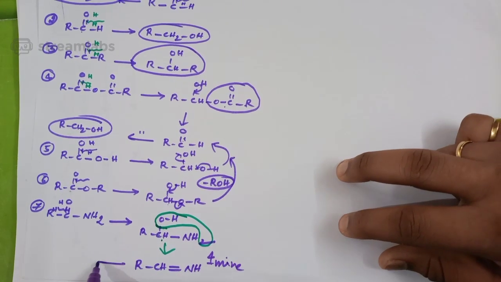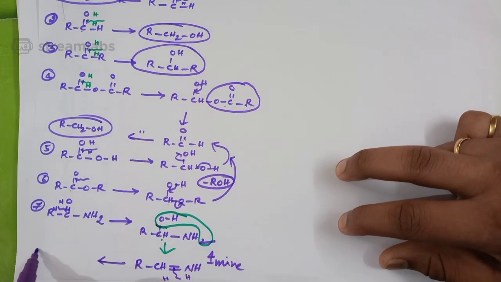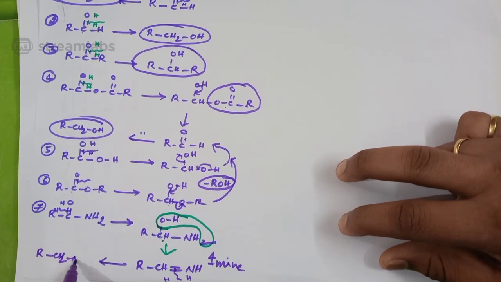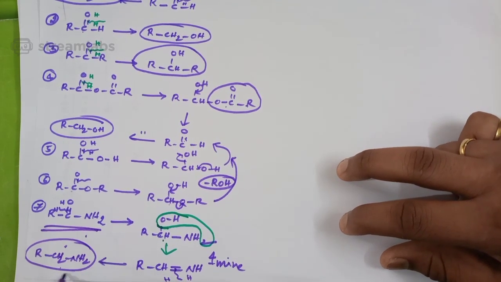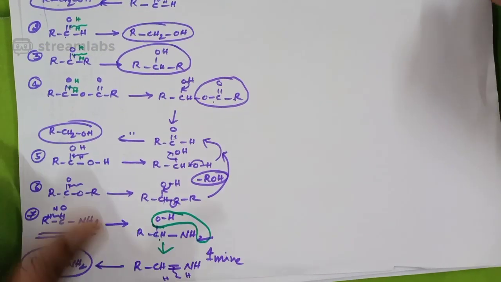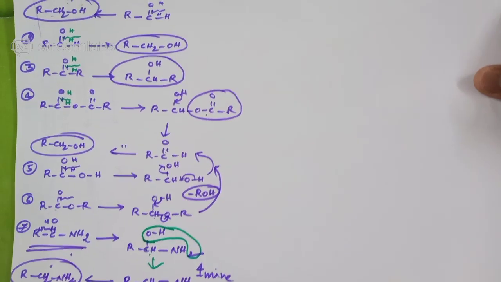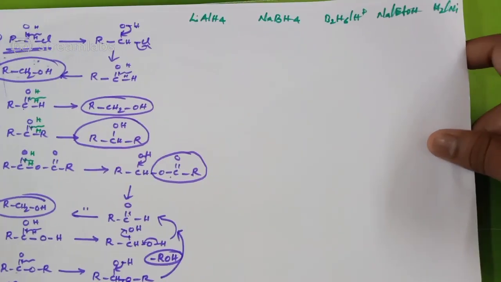This imine involved in reduction, both hydrogens add, and we get RCH2NH2. We will get finally amines here. So amide gives amines. The remaining all carbonyl groups give alcohol. And the next one here, see,